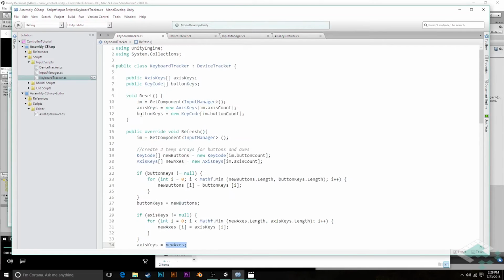We could actually get rid of the reset function. I'm going to keep it there just because if we do happen to hit reset, I like making sure that our keys are still the proper lengths, or our arrays are the proper lengths. But we'll save that, and now we need to actually create our custom editors that are going to call on this refresh function. So in order to do that, we need to jump back over to Unity,